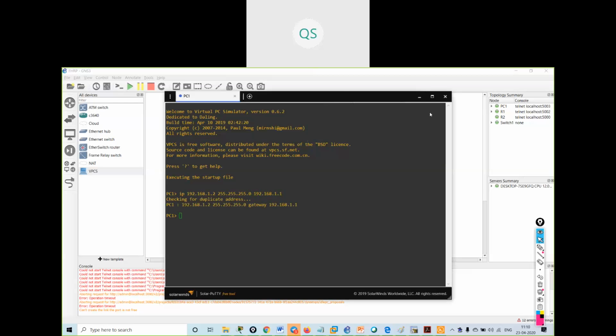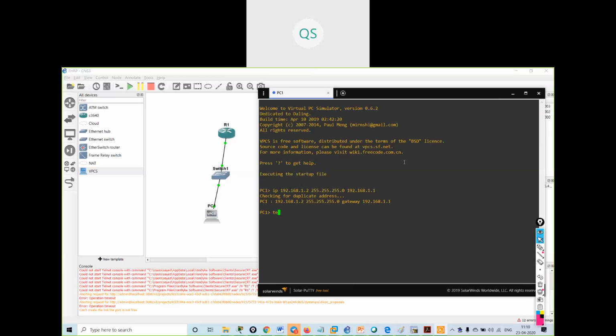Now suppose I want telnet access also. I am on the PC and I want telnet access for the router, so I will give the IP address.